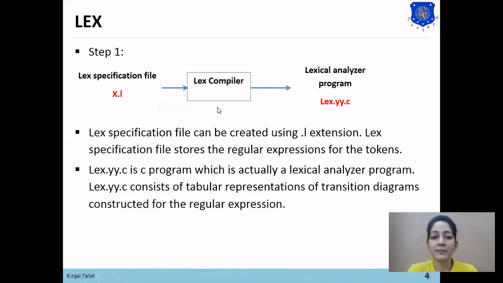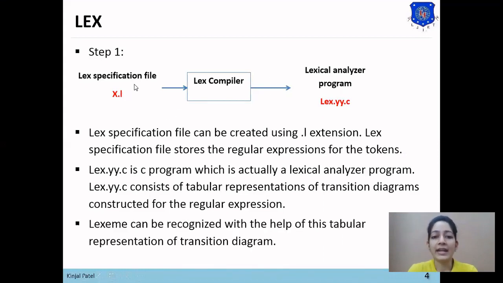Means the Lex compiler will convert the regular expressions for the tokens into transition diagrams, and these transition diagrams are used to recognize the lexeme. The lexeme can be recognized with the help of this tabular representation of the transition diagram. So we can find the number of tokens from this lexeme.